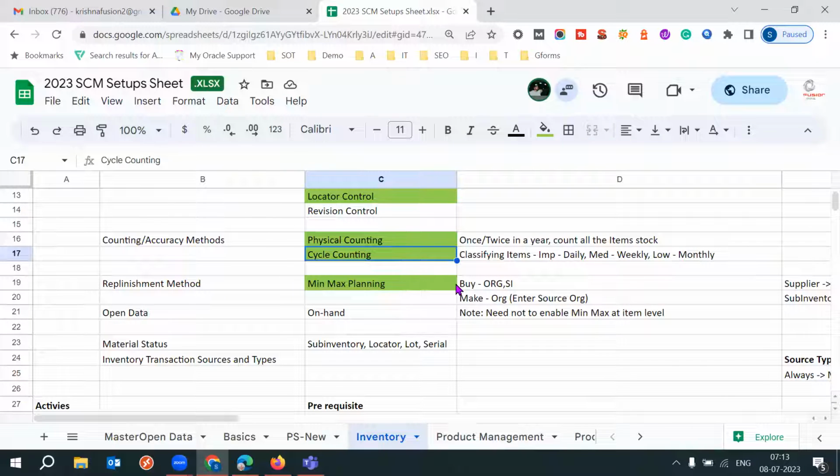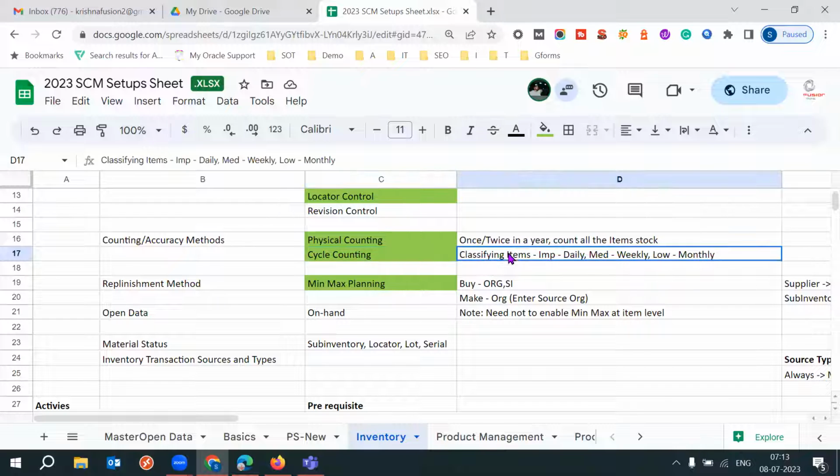But cycle counting is a frequent counting. And you can also schedule it. As I mentioned here, important items you can schedule to count on a daily basis. And medium important items you can schedule to count on a weekly basis. And less important items you can schedule to count monthly or quarterly. It's up to the frequency or wish. The frequency is your wish. You can select the frequency. So for the classification,